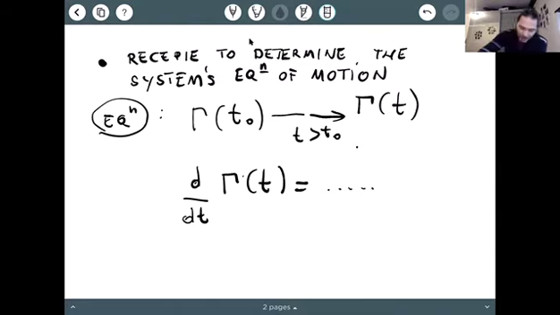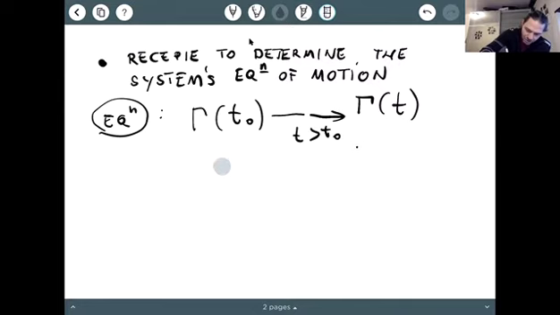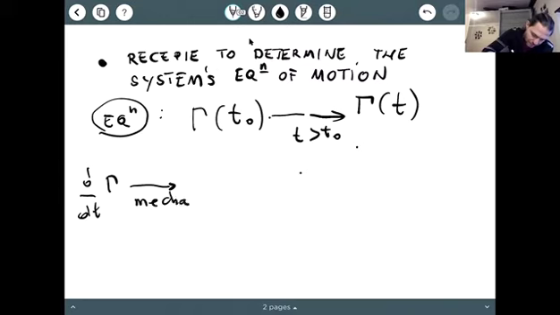Now, in the specific case of mechanics, my state is made by positions and momenta. So what this d by dt of gamma really means for mechanics is a collection of equations. Let me write it with dots,